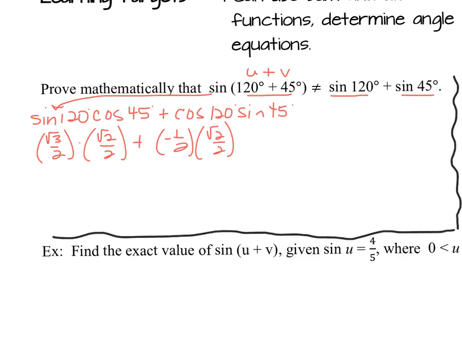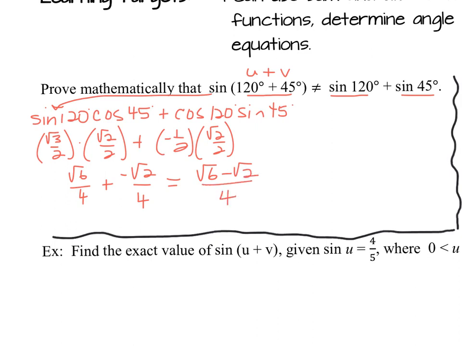And you can multiply the insides for the square roots. That gives us square root 6 over 4 plus negative 1 times 2 is negative square root 2 over 4, which we could write as an addition problem, or I would like to see it just written as a subtraction problem. Square root 6 plus negative square root 2 is just square root 6 minus square root 2